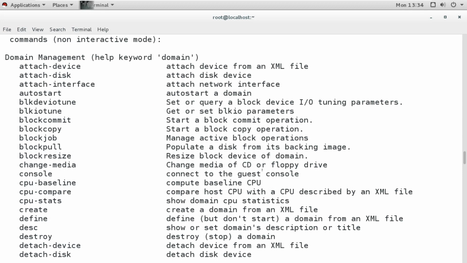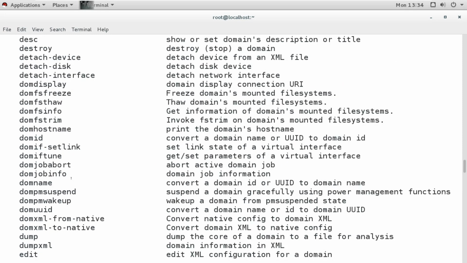That means when the machine is running, we can directly access the console of that virtual machine by using this console command. We can connect the console. We can use this connect command. We can use this console to connect from the serial port. So we have all this other information.